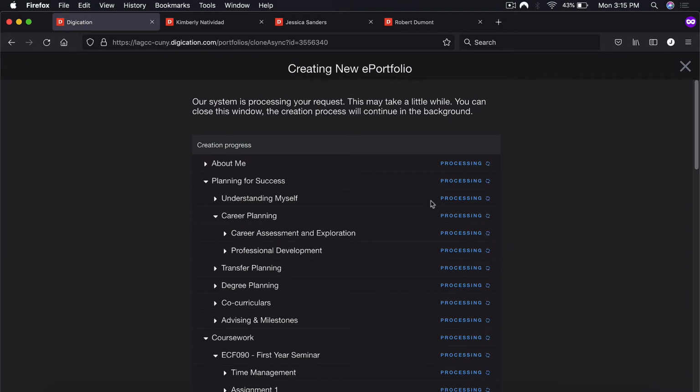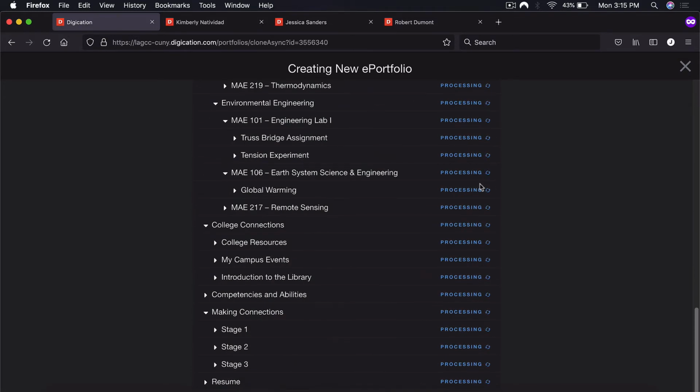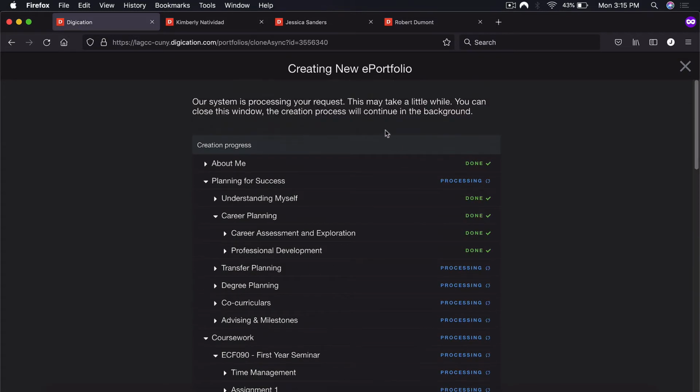Then you will need to wait until everything has been created. Now it's processing. It's gonna take probably more than 10 minutes to create your e-portfolio. It's gonna depend on how many students are creating your e-portfolio at the same time. So if so many students are creating an e-portfolio, it's gonna take a little longer. And as I mentioned, you need to wait at least 10 minutes,